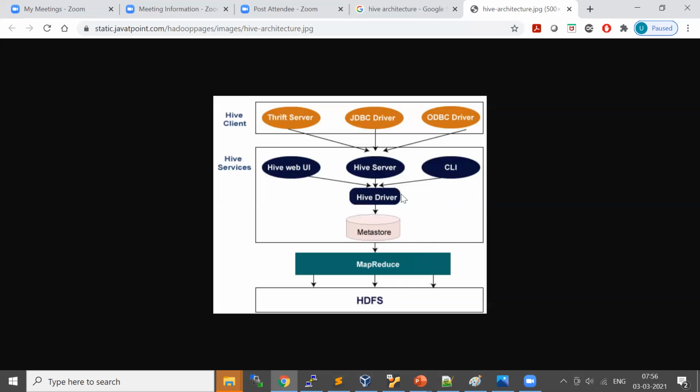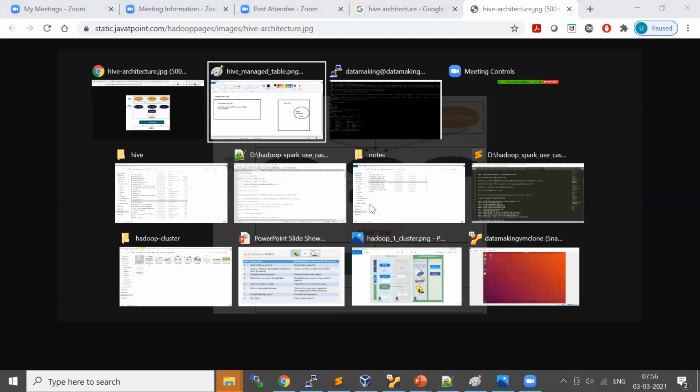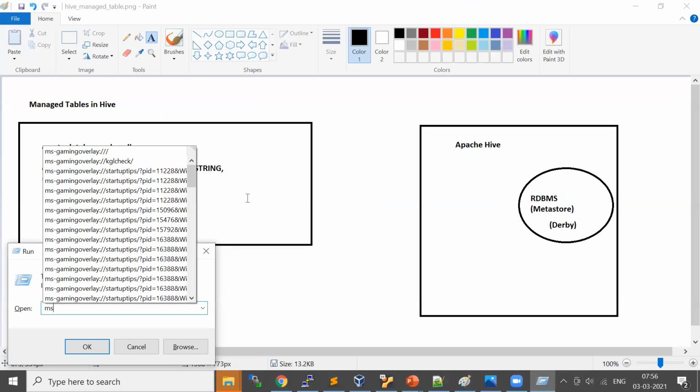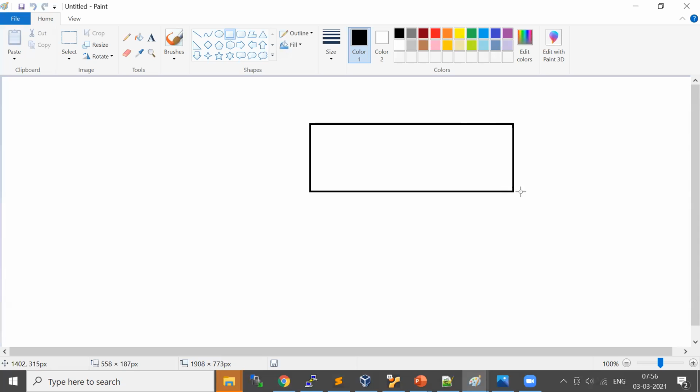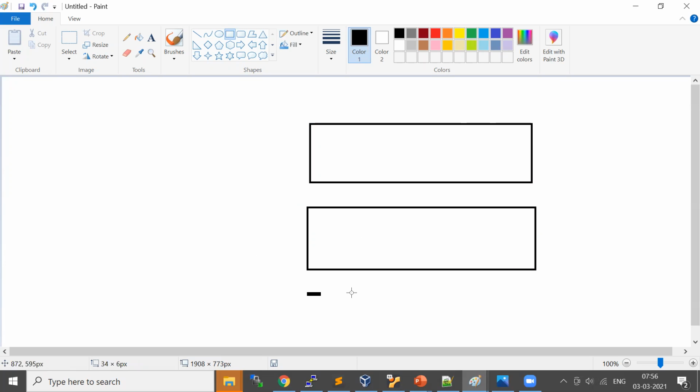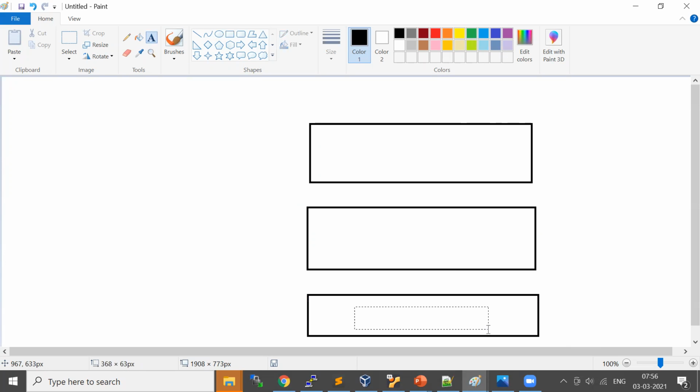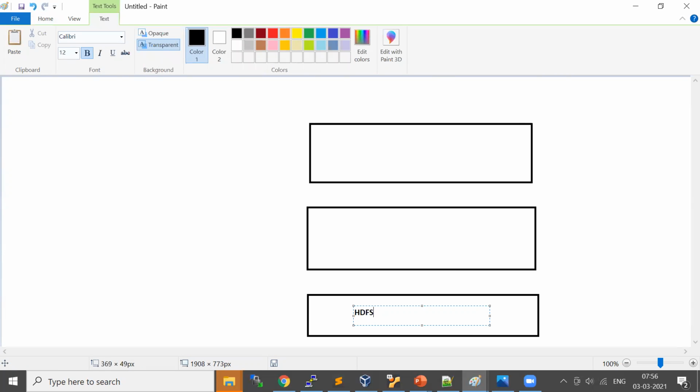Right. So if we want to rewrite this or maybe show it in a different way, think of it as you have HDFS, your data, files and directories in HDFS.